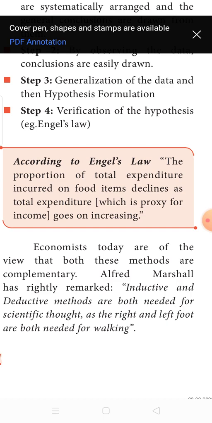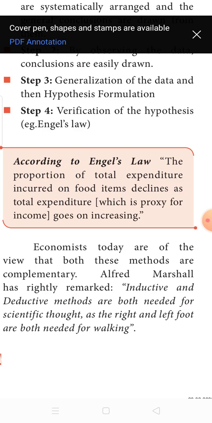So, in the last session, we finished the class by discussing the methods used in economics for analysis. One is the induction method, the other is the deduction method. Under the deduction method, which is otherwise called the analytical method or abstract method, from the general principles, we deduce the hypothesis and the possibilities and we arrive at a concrete confirmation.